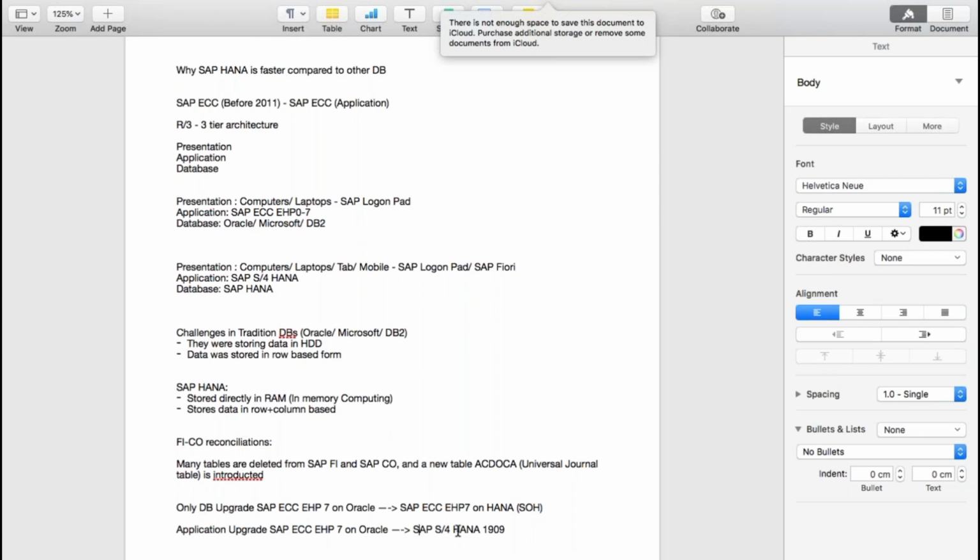And the old Oracle database goes away, and the new birth is HANA, correct? Exactly. Because in SAP S4HANA, we cannot continue with Oracle. So when you are upgrading the application, automatically the database will also be converted from your third-party database to SAP HANA. Okay, got it.